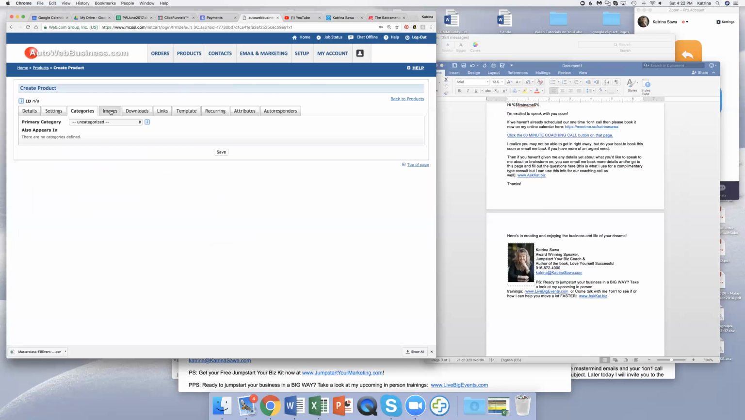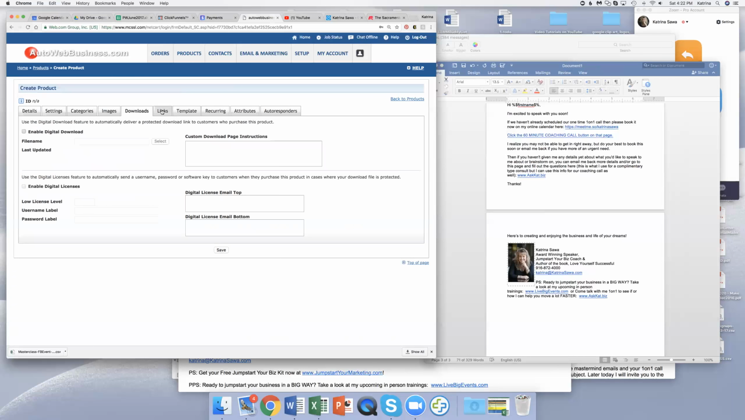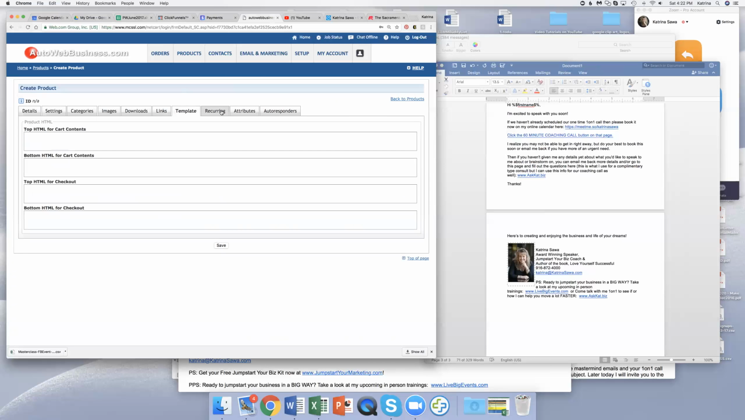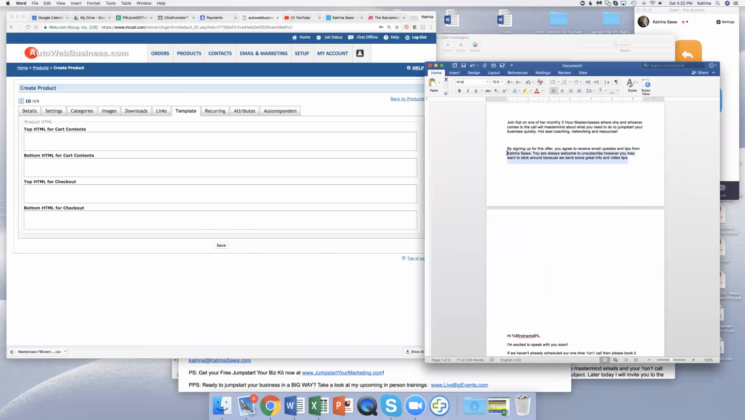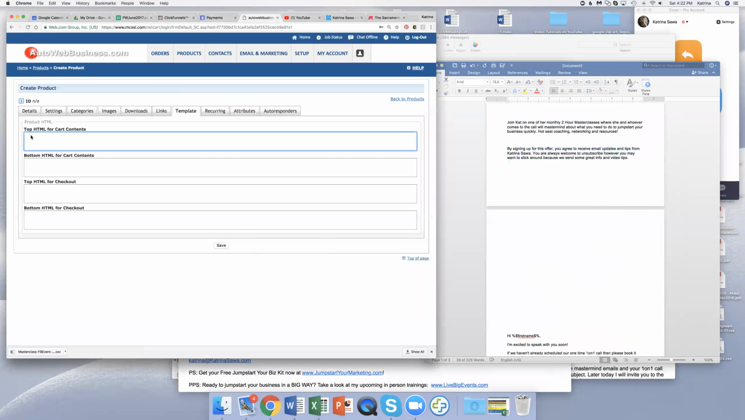Settings, nope, categories, images, downloads, links, template, don't really need anything there. Let's see, oh, we will put this in here actually by signing. I know what I'm going to put. I'm going to put